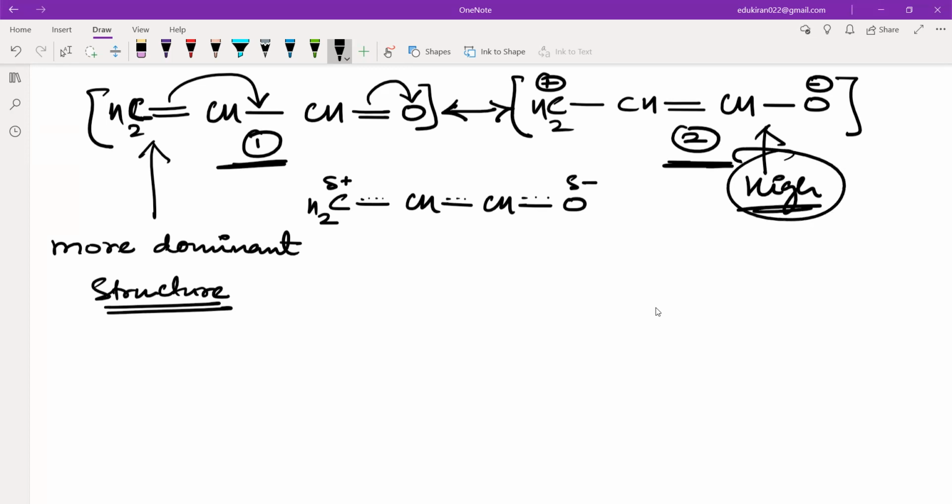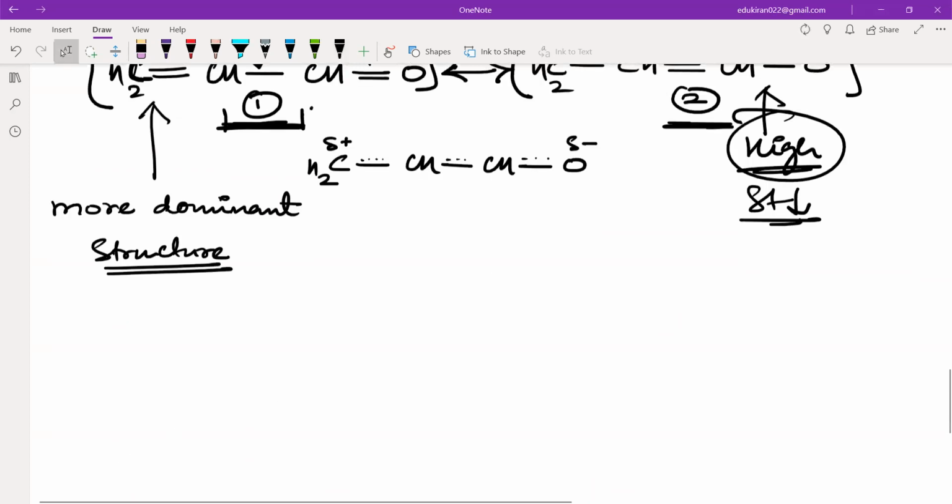So if something is having high energy, its stability will be low, right? So this structure is low in comparison. Okay, I'm not talking about absolute terms. I'm not saying that this is unstable. I'm saying that in comparison to the first resonating structure, the second resonating structure is a bit unstable. That is why in the resonance hybrid, the first resonating structure will have more dominance. Okay, so just keep this point in your head, and let us write a few points on rules for stability.